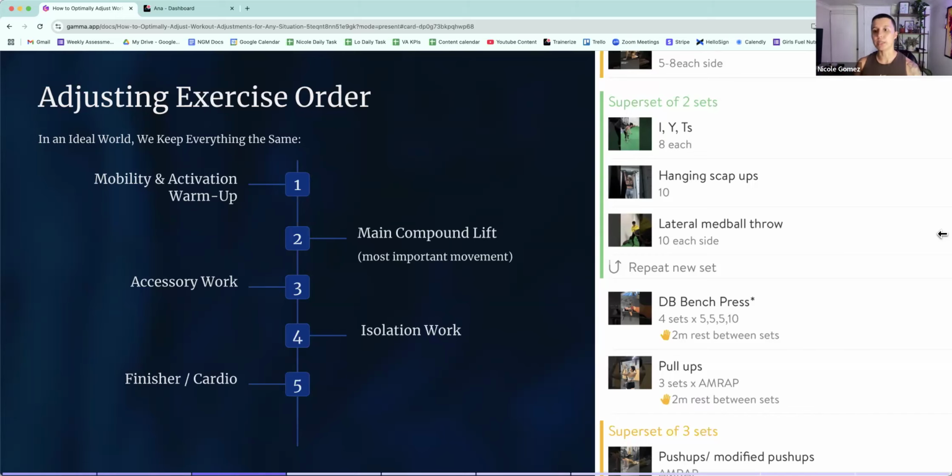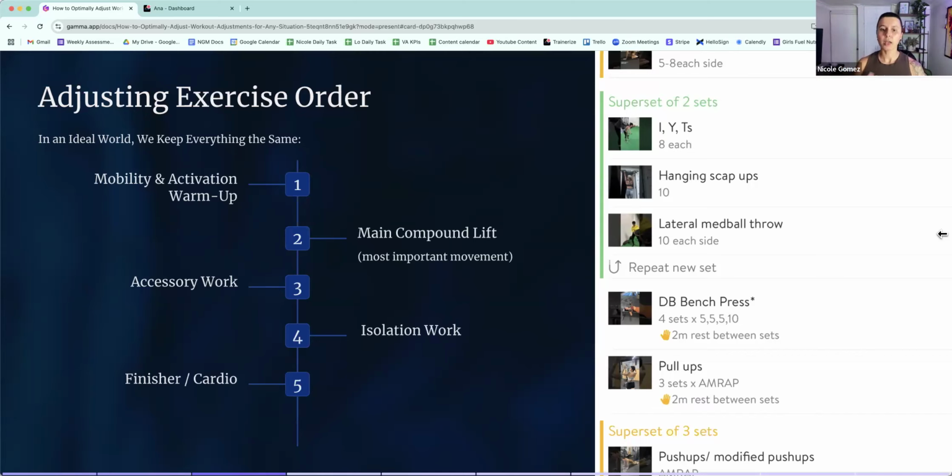Something that you're going to notice for the most part with workouts is they follow five major points. At the beginning, we have mobility and we have an activation warm up. Those are usually going to be at the top. I think this happened last month, Talia sent me a screenshot and she was like, is this mobility? And this is what the warm up is. And I'm like, yes. So understanding just the flow of the workouts.